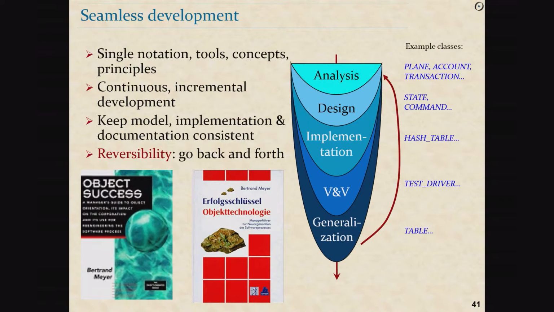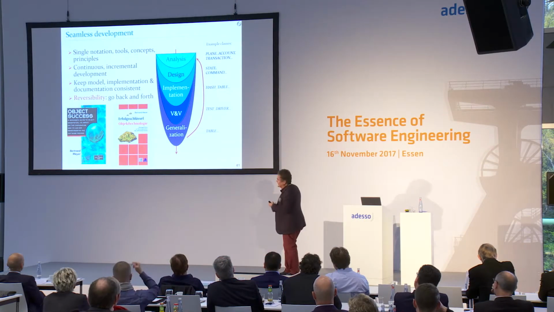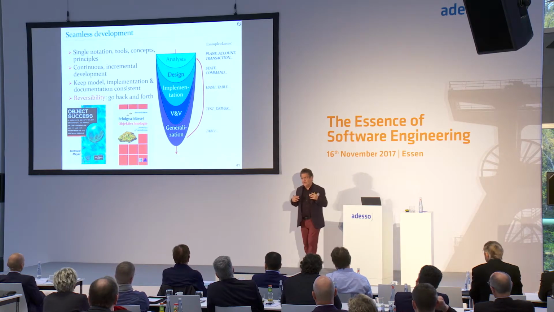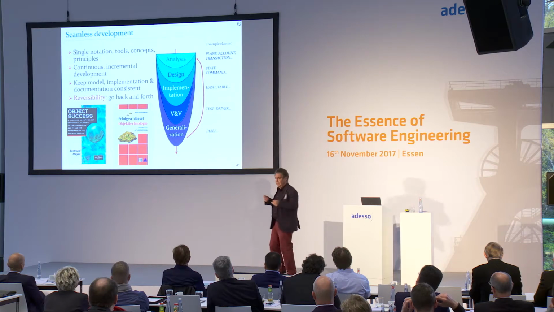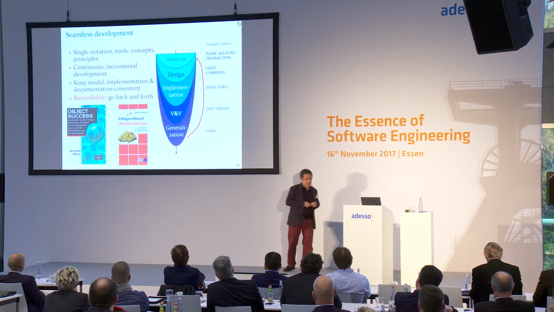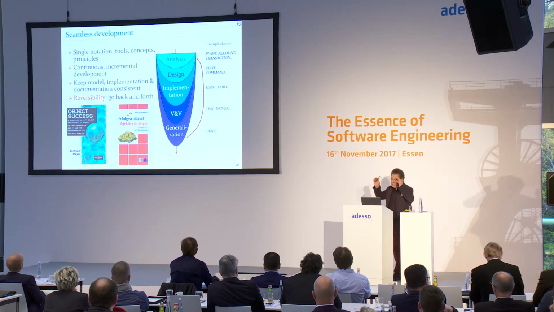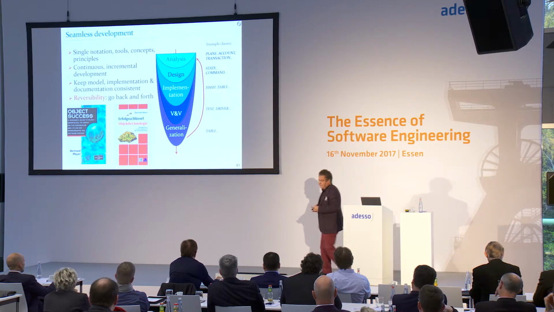So that's the basic idea of seamlessness, this idea that we work by accretion, by addition. We start with classes, and Eiffel as a language wants to be as much a requirements description language as a design language or an implementation language. At that level, you might have classes that are very close to the model of the system that you are building, say what people call the real world, in quotes, and then you move on to design classes, implementation classes, and so on.